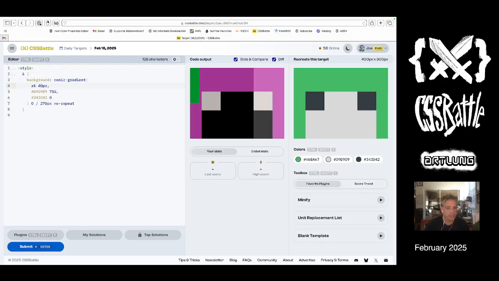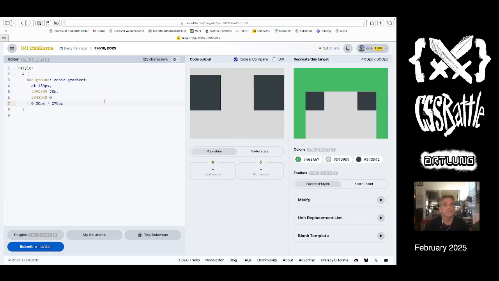We're just going to do the 100, 130, and then if we move the thing down, 2, 3, and then if I let it repeat, that gets it. Is this the best way to do it? Probably not. But